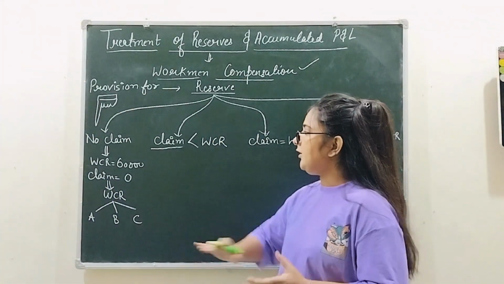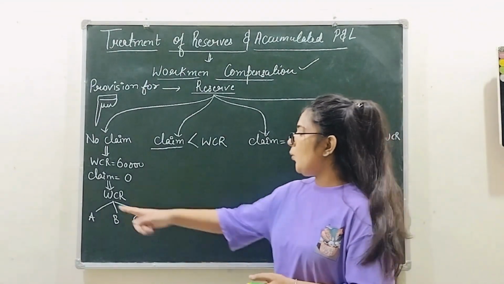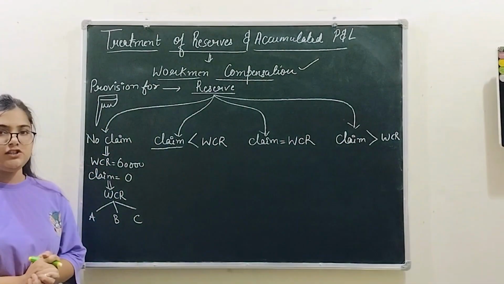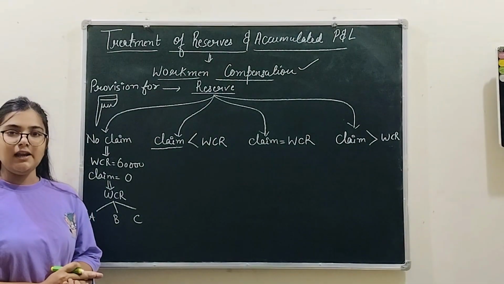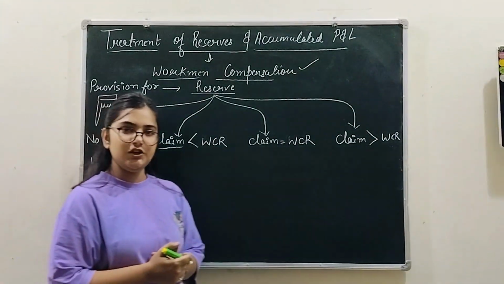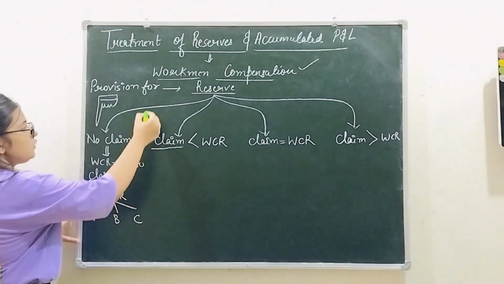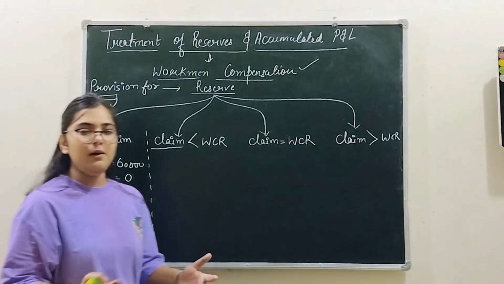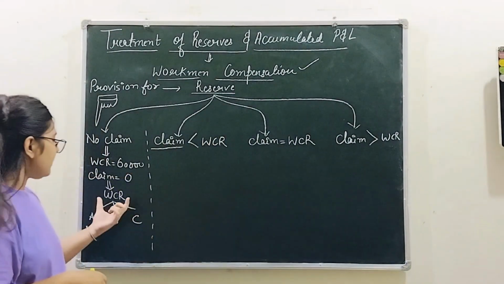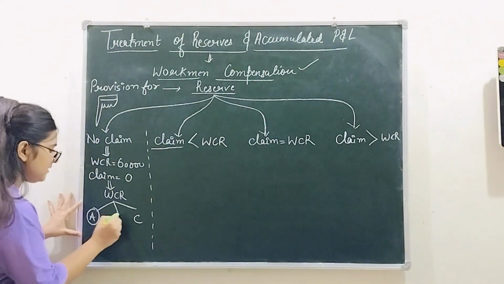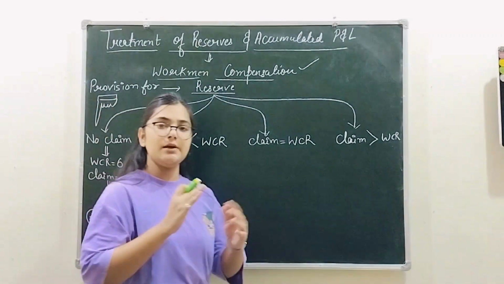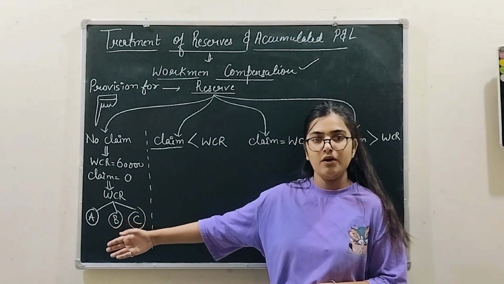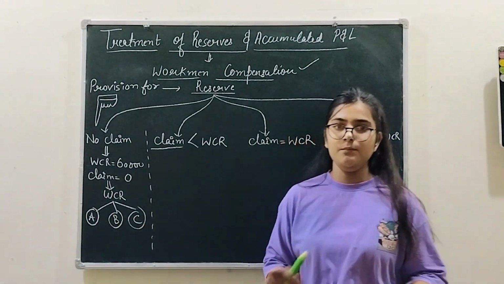Now for this particular scenario, your entry will be your workmen compensation. Now I have kept it nil for now because I have to cover the four conditions. So let's first understand about the claim, then we are going to understand about the journal entry. Okay? So your first situation is when your workmen compensation reserve is there but there is no claim, right? So what are you going to do? You are simply going to divide it among your partners. क्योंकि वो पैसा आपका जरूरत नहीं है आपको उस पैसे की, ठीक है. तब आप क्या करोगे? क्योंकि वहां पर चेंज इन प्रॉफिट शेयरिंग रेशियो हो गया है तो आप अपने पार्टनर्स में डिवाइड कर दोगे सिंपली, right?